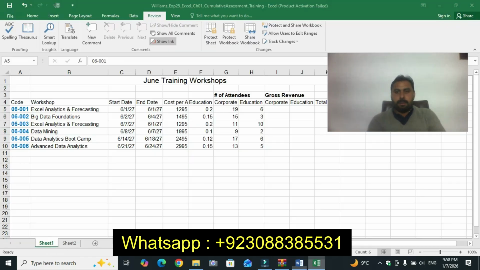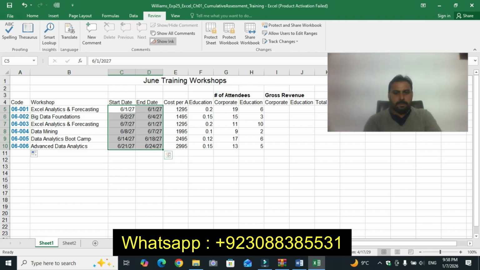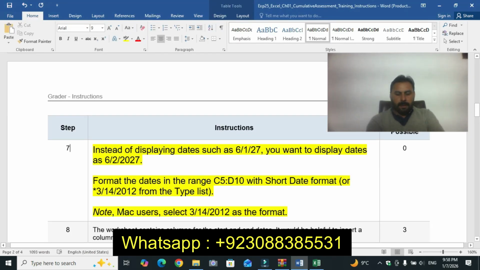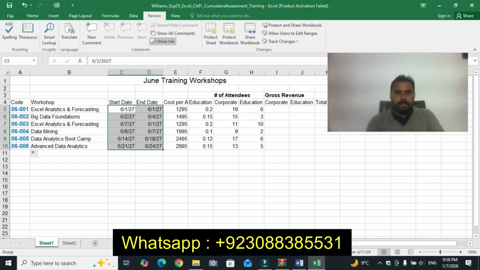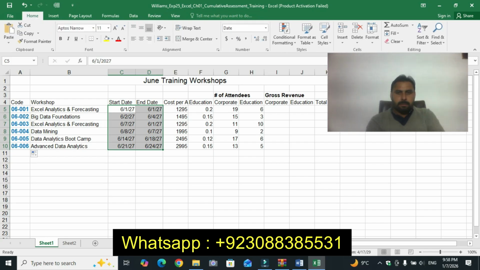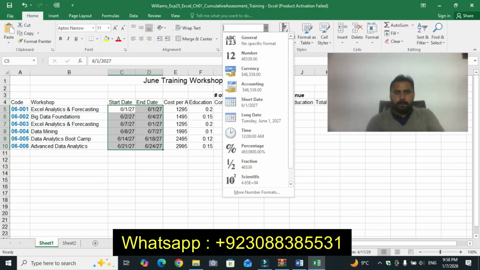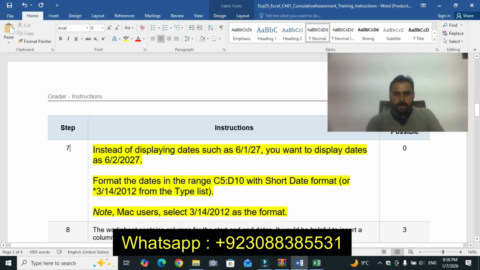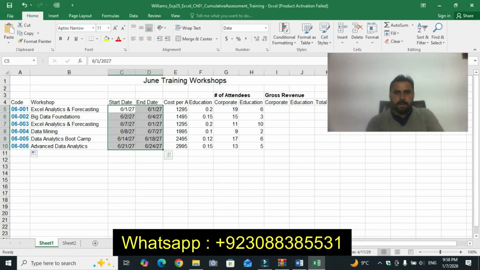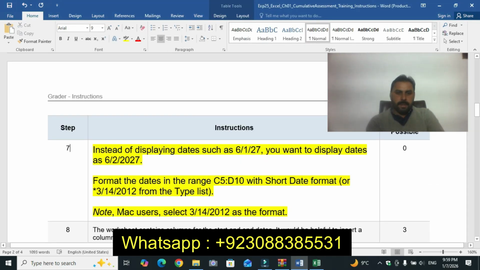I select the cells, C5. Format these cells. Short dates.